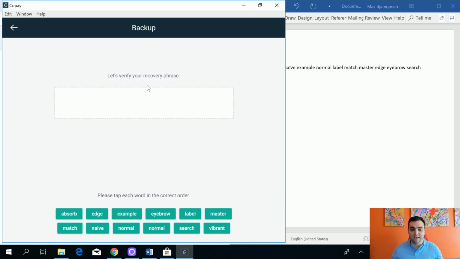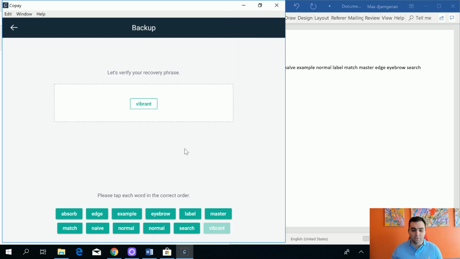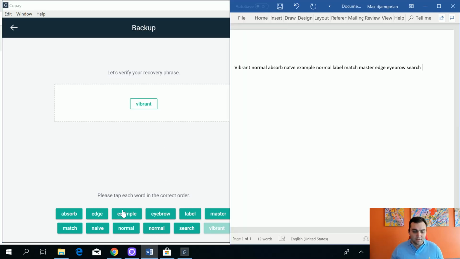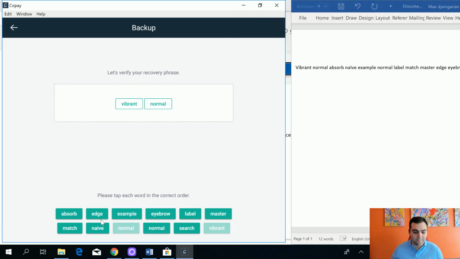So now it's saying verify recovery phrase. What this means is that it wants you to put in the 12 words in the exact order it gave before, just to verify that this is your private key, your backup phrase. So we're going to do vibrant. Let's push this a bit. There we go. Normal, absorb,